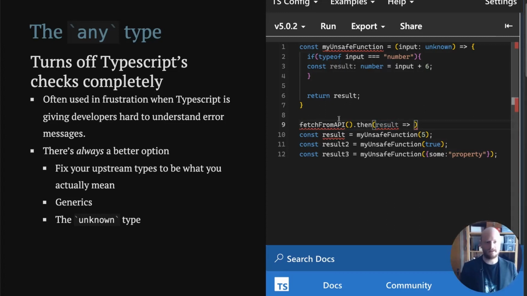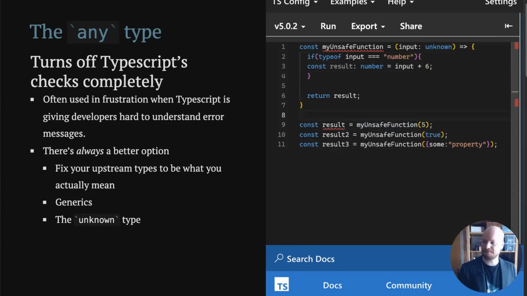So then you will force yourself to do checks that it matches what you think it is. I will go more into that on the next tool as well. But for now, use unknown. And there is some weird stuff, for example, JSON.parse returns any and not unknown, which is really weird. It should return unknown, but yeah.